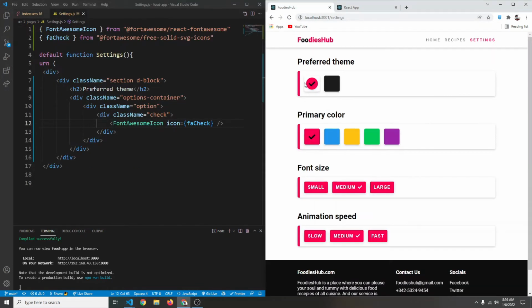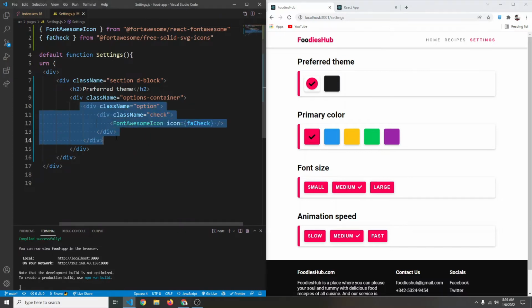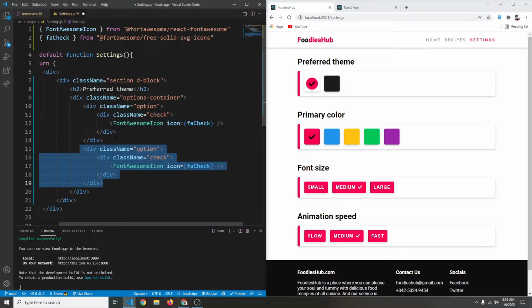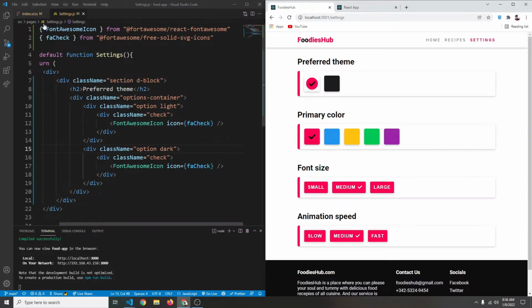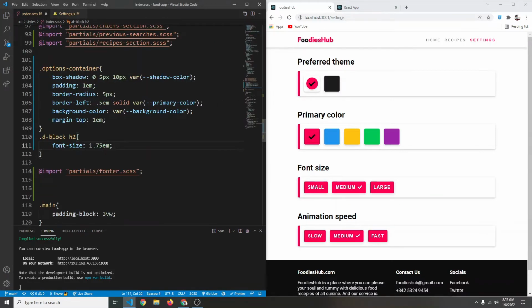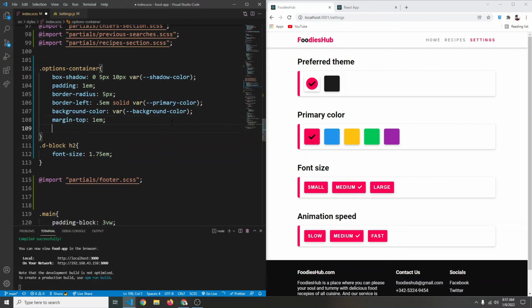Okay, before that, in first container we are going to have two checkbox. So what I'm going to do is copy this, so I'm going to alt shift down to copy, and the first one can have a class of light, let's say light, and the second one can have a class of dark, like so. Save. Okay, now let's target the options inside the options container. So here inside this we are going to have option,